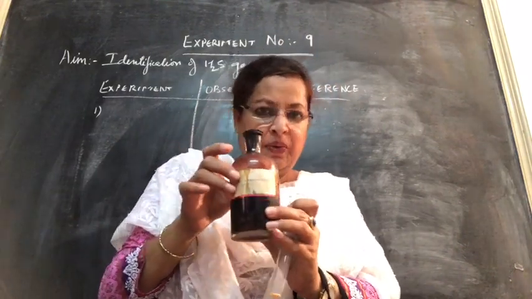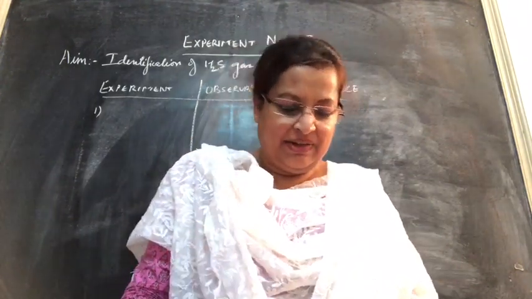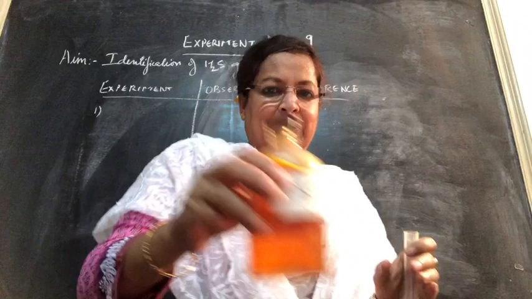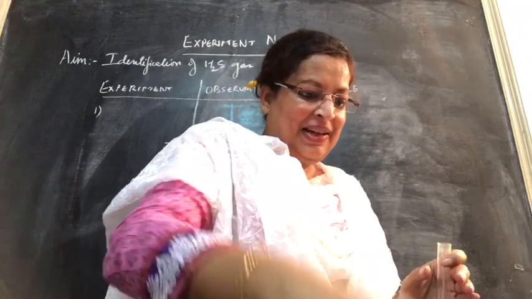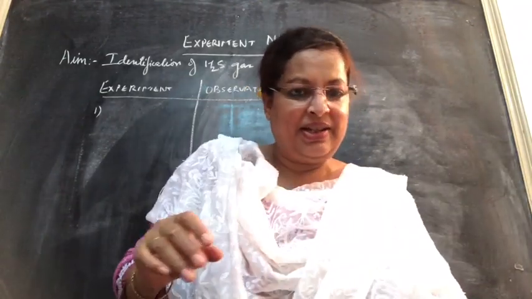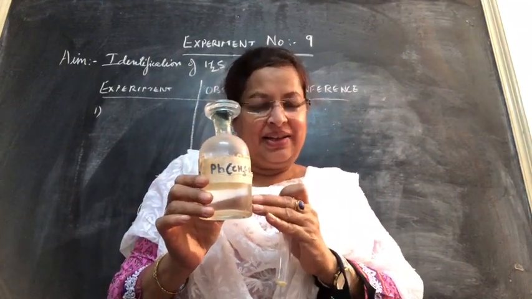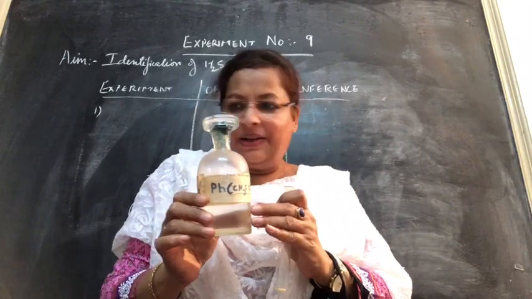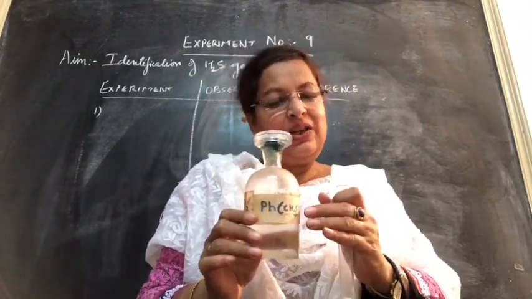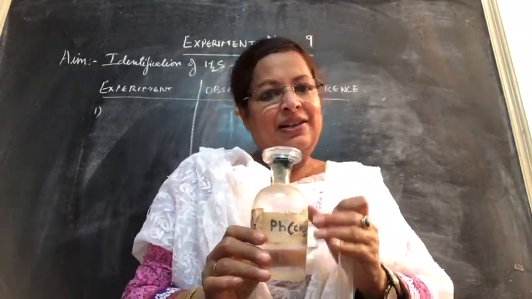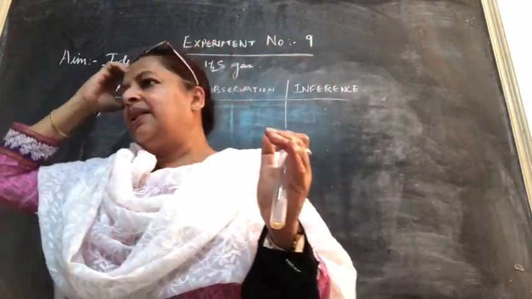First is KMnO4 test. KMnO4 paper from magenta, it turns colorless, so I'll be ready with that paper. Then it is potassium dichromate test. It changes from orange to green. And the final, which is the confirmatory test, is the lead acetate test. Lead acetate solution, you see it is colorless. If we use a paper, then the paper turns black, and if you pass H2S gas through lead acetate solution, it turns black. Silvery black paper turns silvery black, all right.